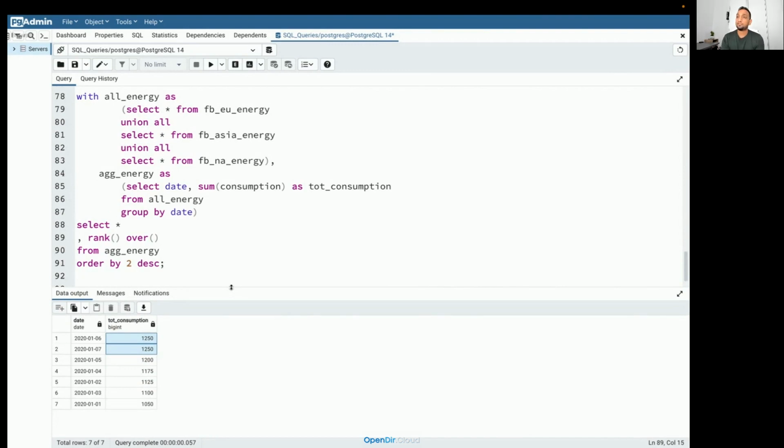Date. Should I do partition based on date? Okay, Brent tells none. So should I do partition here or should I not do partition here? No partition. Okay. Most of you guys are telling date, but what is the purpose of partition?